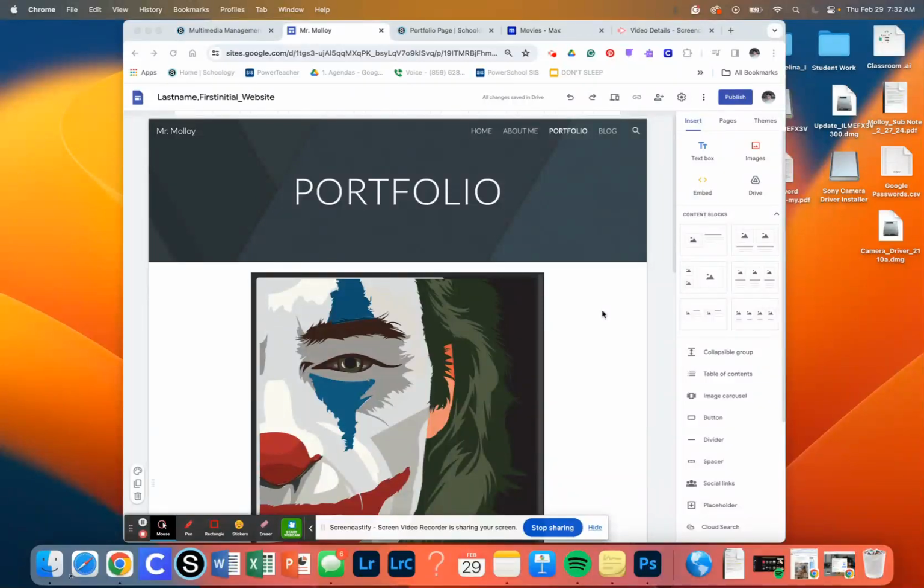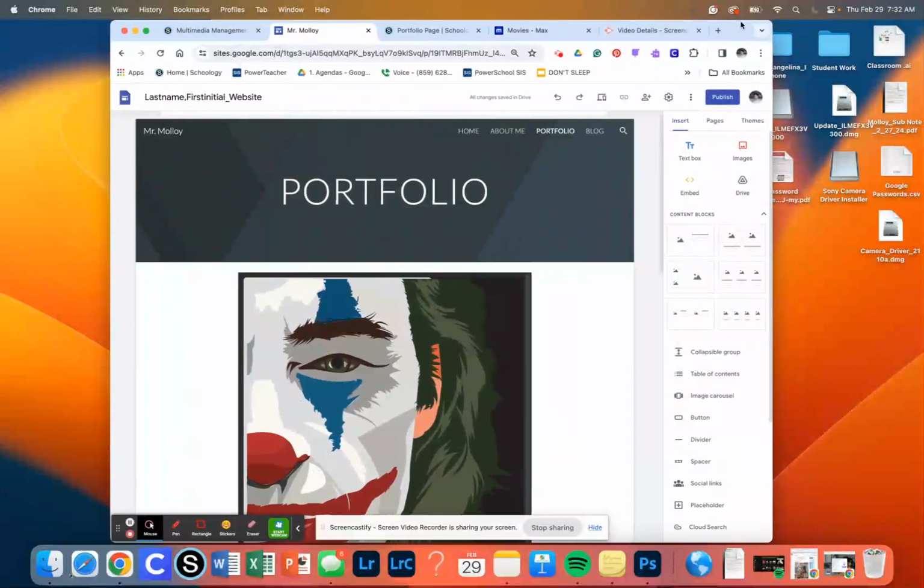Right, now that we have our blog posts all ready to go, it's time to get our portfolio ready. A portfolio on your website is just a bunch of different examples of work that you've done in multimedia management. The way that we're going to do this is pretty simple. Before you do that, though, you want to make sure that you have all of your work for my class